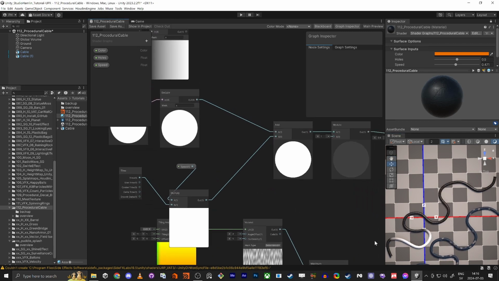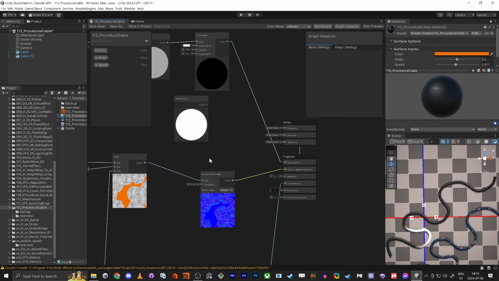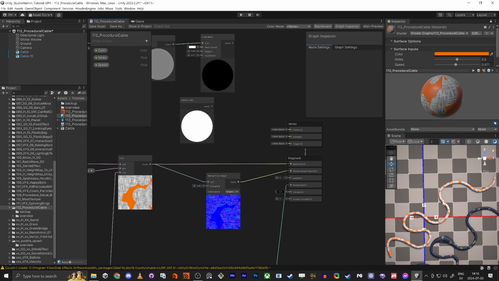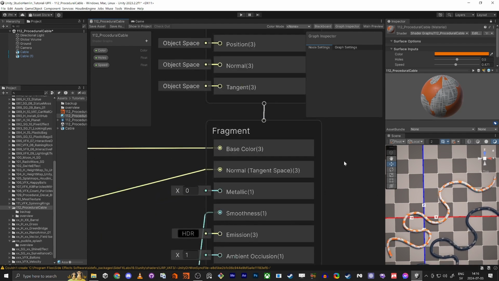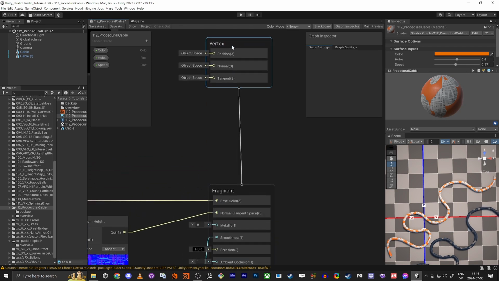So now we just had it in the color for debugging, but we are actually going to use this once again in here, because we want the color to be like this. And now we're going to offset. So you see here we have the fragment, but we're actually going to work on the vertex. And